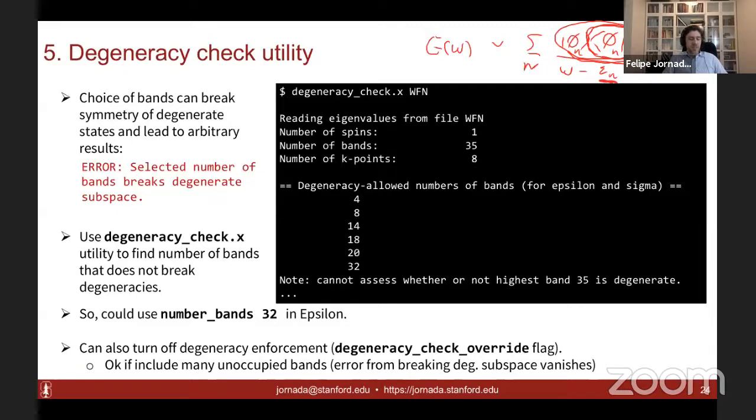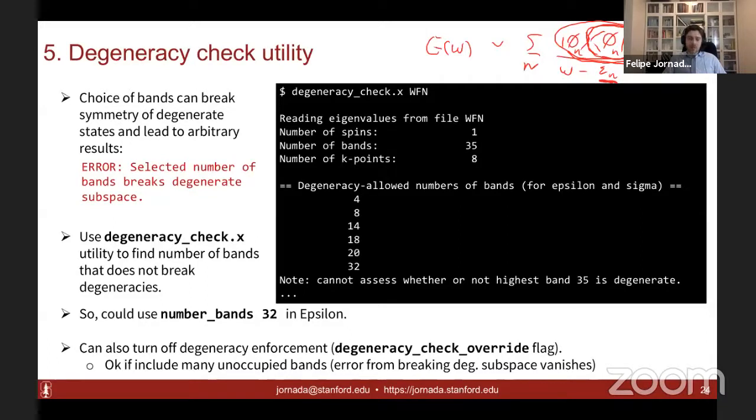So just as you have a px and a py orbital, which are degenerate, if you include only px and not a py, your results may change if you run on different machines, because another machine may not find that the two orbitals are px and py. They may think that it's p plus or p minus, for instance, in terms of the spherical harmonics. So to protect you, the code actually enforces and makes sure that whenever you're computing physical observables,